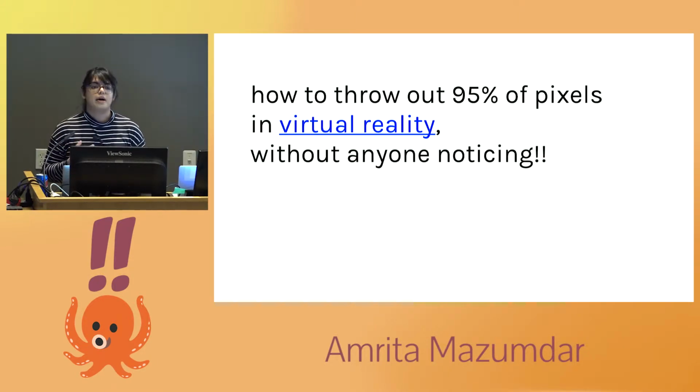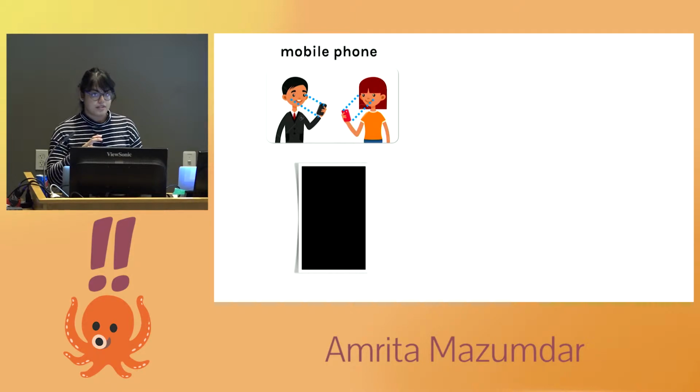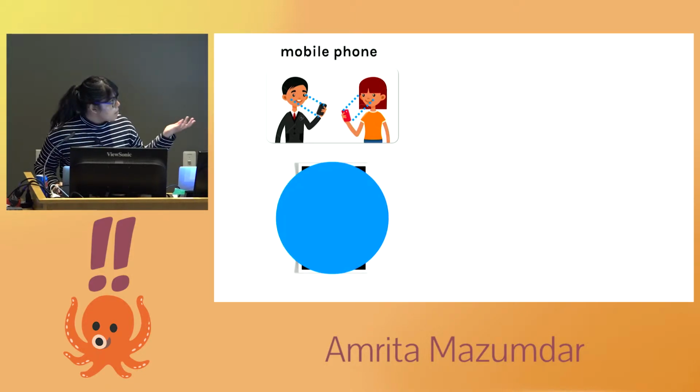What is special about looking at the fovea and virtual reality? The reason that we're looking at virtual reality is that there are lots of kinds of screens that you might be looking at your bear videos on. For instance, you might be watching them on your phone during this talk. I'm okay with that. But if you're doing that, then you're holding your phone some distance away from your eyes. And what's happening is that if you look at the density of the pixels on your phone and the distance that you hold your phone away, you take up most of your phone's space with that.